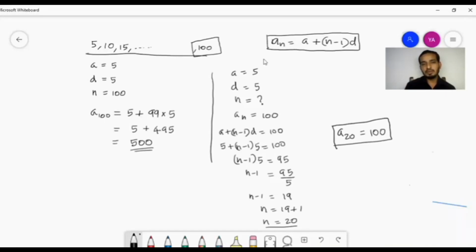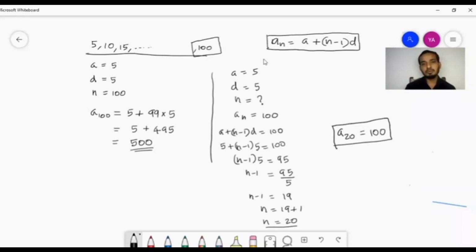Okay, if the given number is a term in the given arithmetic progression, you do similar steps and find n, the position value. If the value of n is a natural number, that means a positive integer, you can conclude that the given number is a term in the arithmetic progression. If the value of n is not an integer, a positive integer or natural number, you can simply write that that number is not in this arithmetic progression.